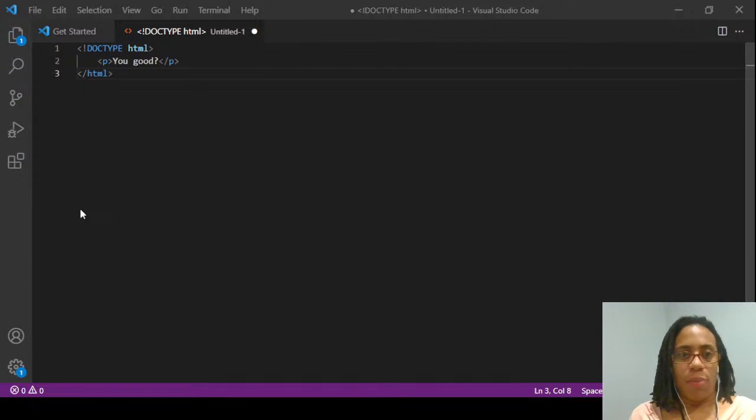And then this will give me the opportunity to select where I want to save the file. For right now, I'm just going to save this on the desktop because I did not remember to create a folder for this class yet. So I'm just going to go to my desktop, create a folder called Raquel Teaches, and save this HTML document inside of that folder. So I'm going to call this document